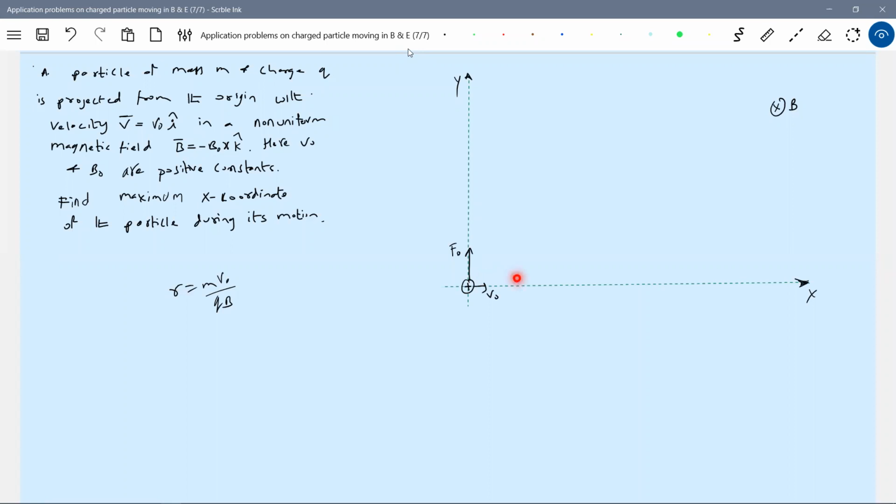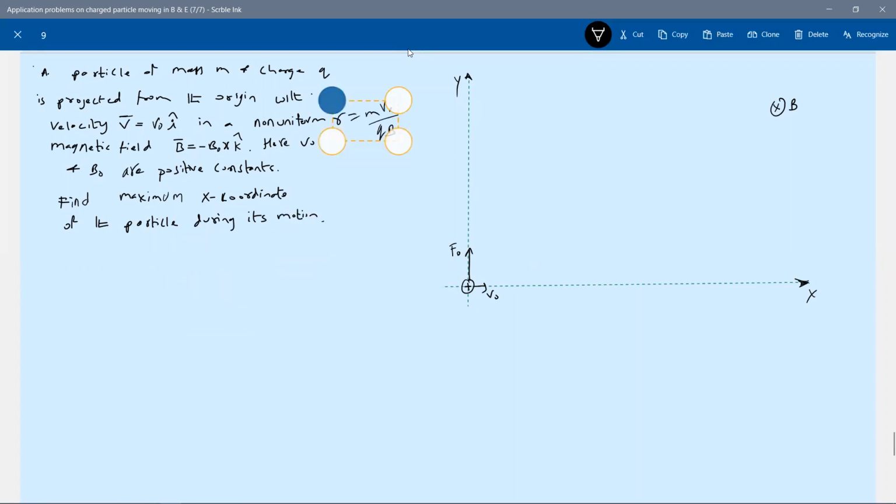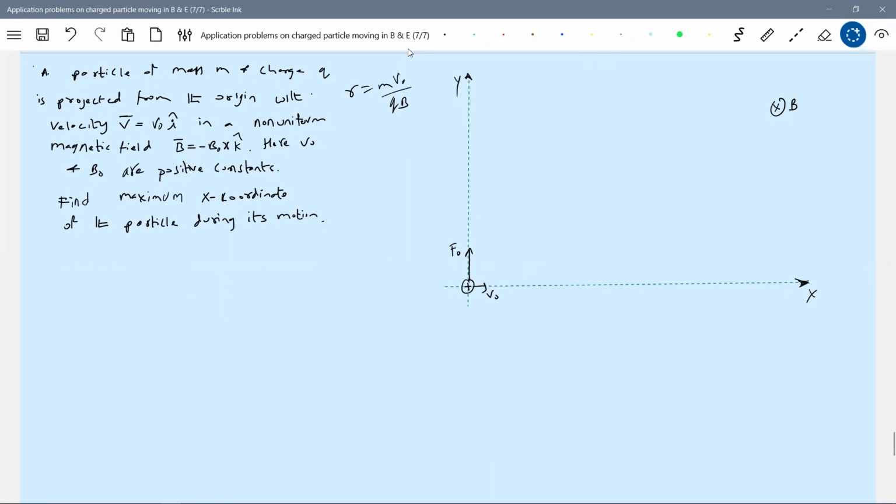So maybe it's a very big circle. So it's going to go like this here. There are so many things where you have to fight with the idea rather than writing some equations. So if the radius were constant, it would have been like this, no? If B were constant. But B increases, so R should decrease. So what do you expect the path to be? The path is something like this, no?